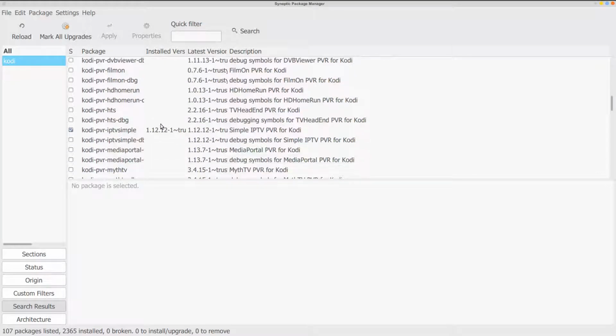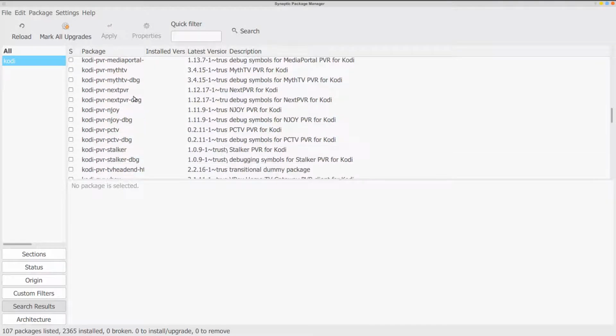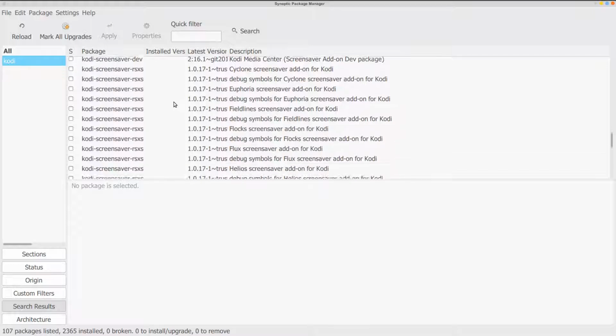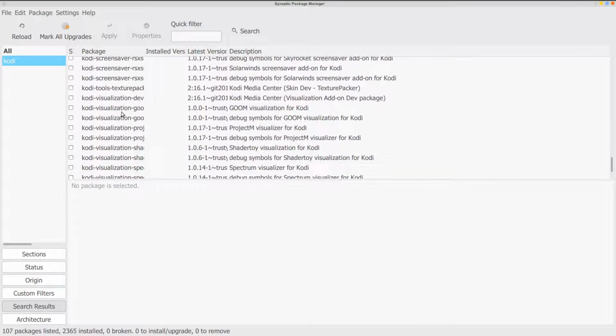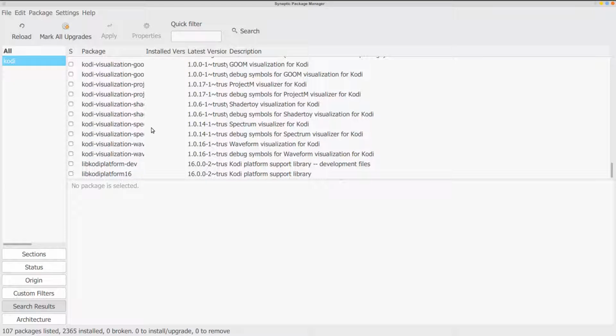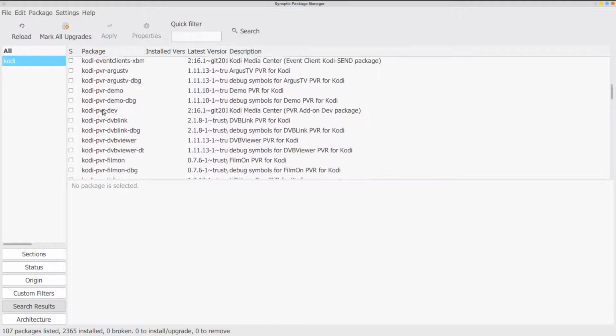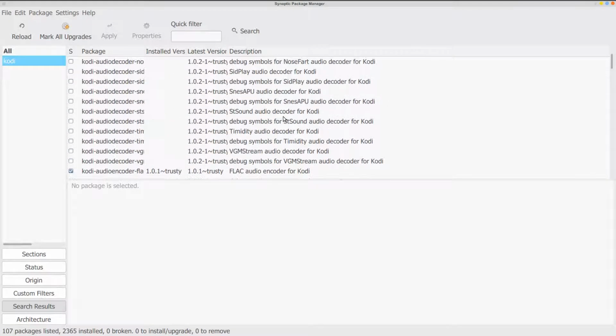And like I said, it has all kinds of other stuff. It even has a PVR, which I don't use, but it's there. And there's other options. And then you got screensavers if you're heavy in screensavers. And then they got visual things, so music. And these are like plugins for visual stuff, and that's about it. So Kodi has all kinds of other options, and this is what you should always do when you install